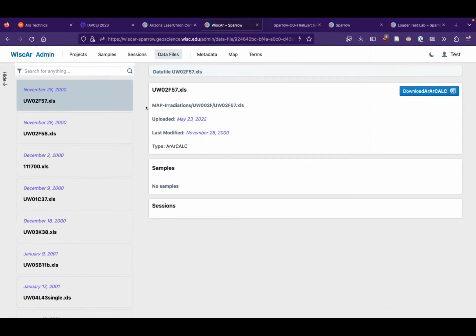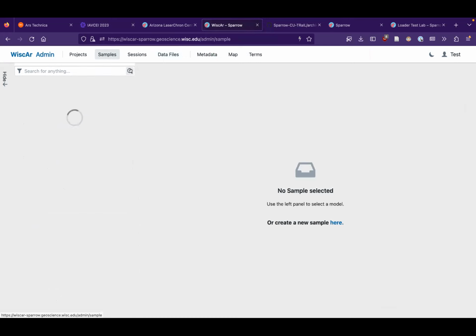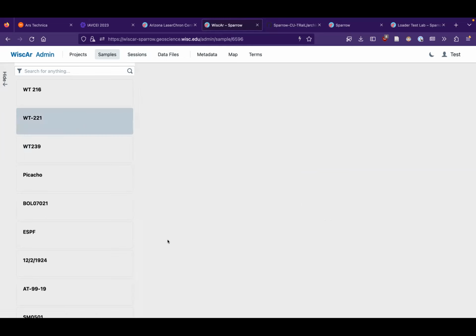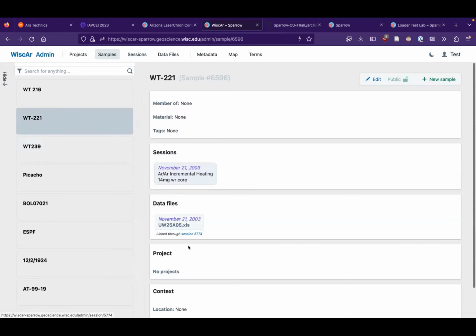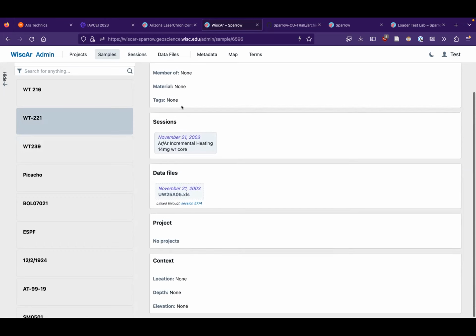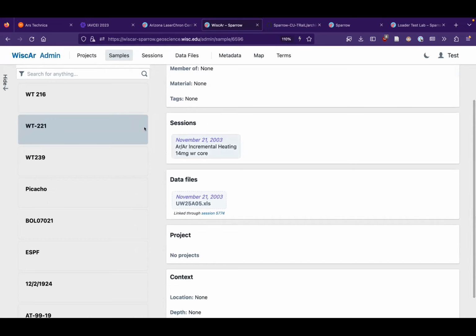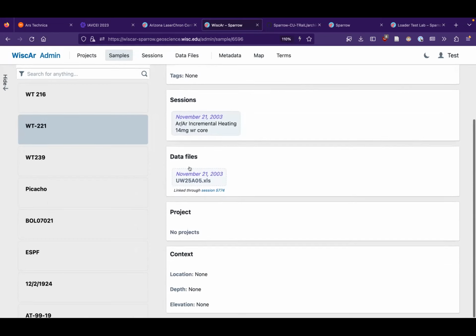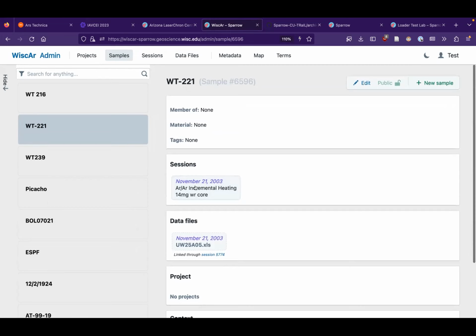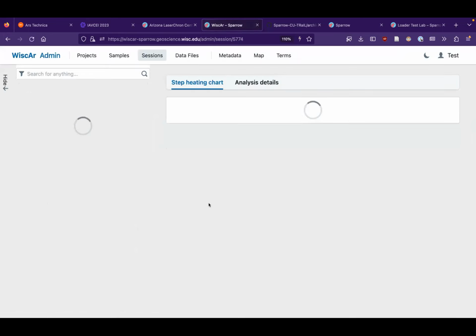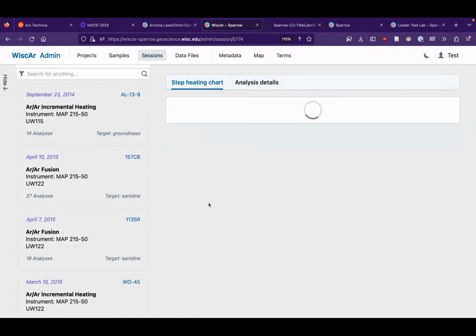So that's really one of the big pieces of this, is it actually provides a way for you to look at your data in multiple ways and then track it back all the way to the source file. So here for example, this sample has a session of measurement, and then it's linked to a data file. So if I go to this data session in the Argonne lab,